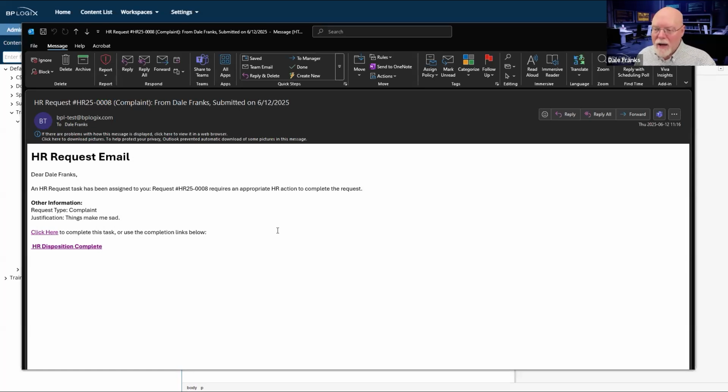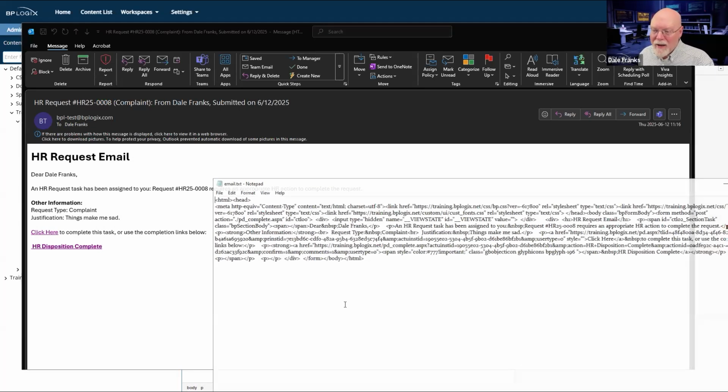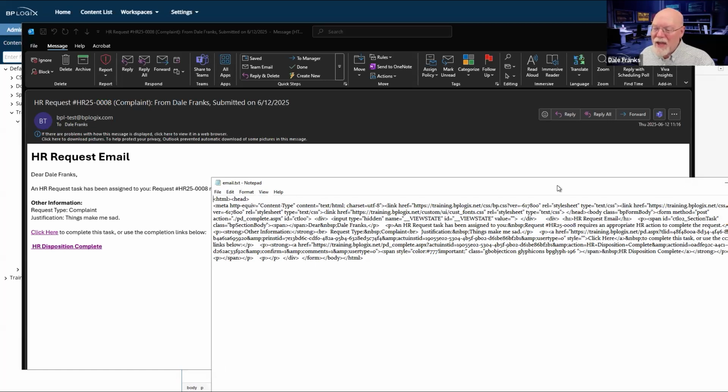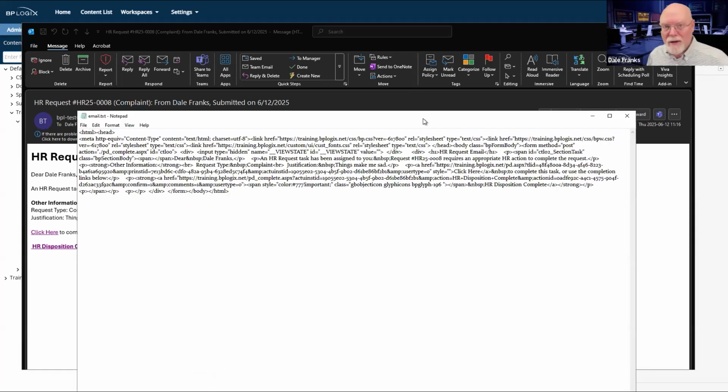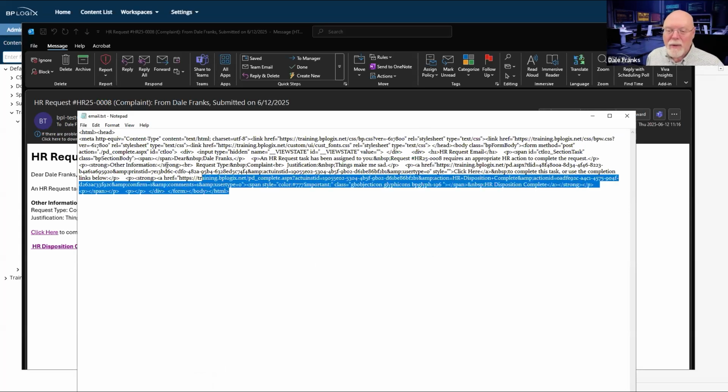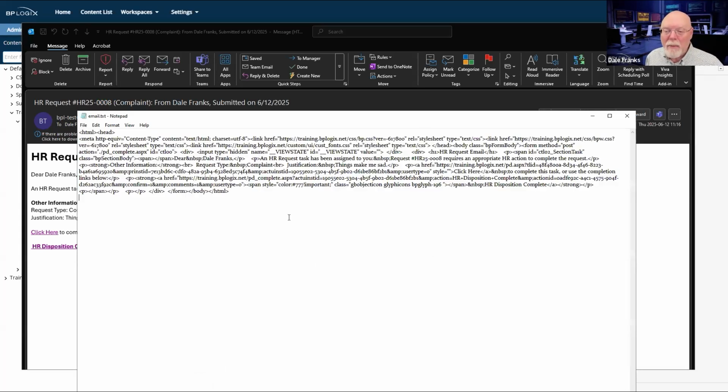This is all text. If I go and show you this, this is the email message. This is what is actually going through the email system. It is just this big hunk of text. And that is all an email message is.